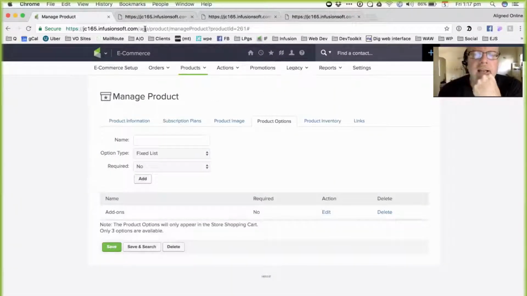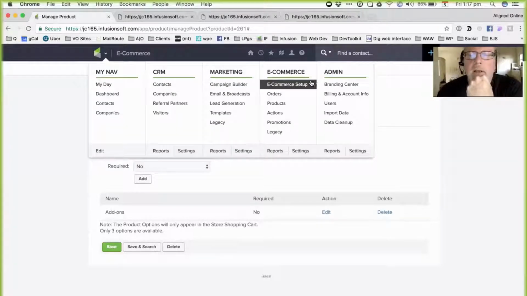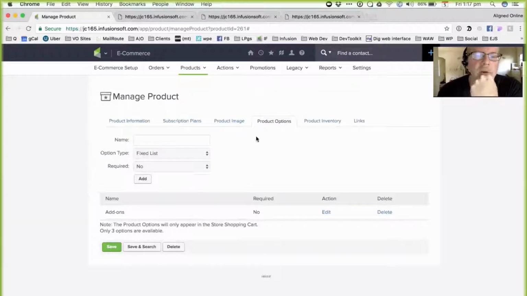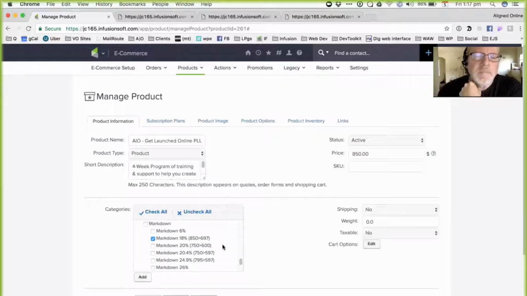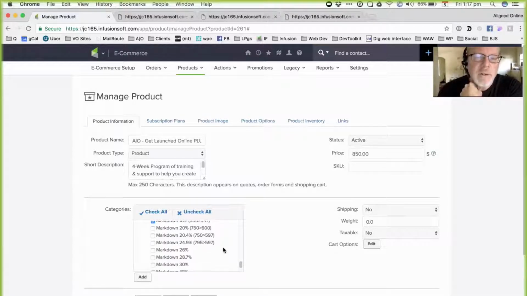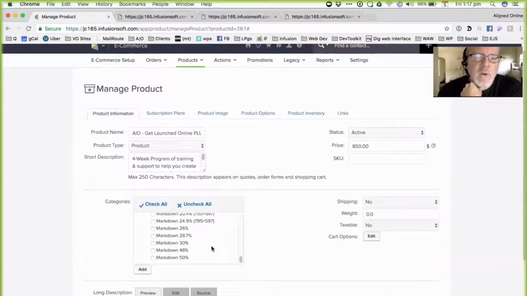And then let me show you this last bit, which is in e-commerce. So on this product, right? Let's go back to this product. I've created a whole slew of these markdowns, and what I've done is I've made sure I understand why it's 18%. So to get from 850 to 697, to get from 750 to 600. So I've created these categories,